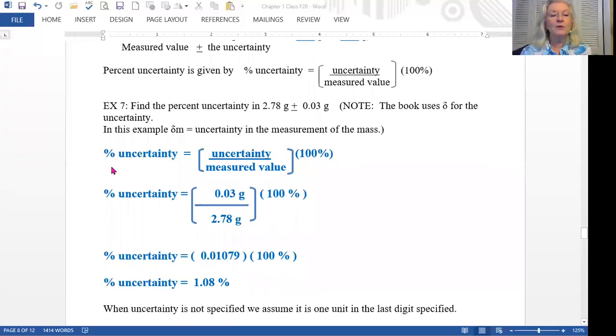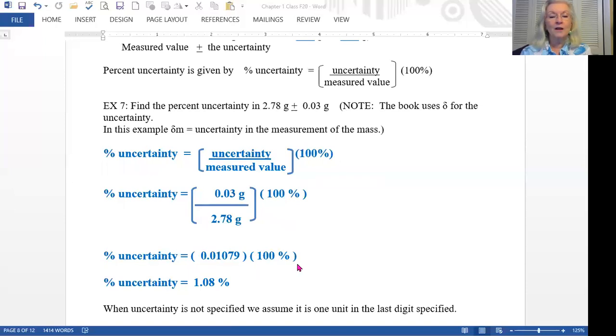We want to find the percent uncertainty in 2.78 grams plus or minus 0.03 grams. First of all, we always write down our formula. Every calculation you start for me, you'll start by writing down the formula, and then we plug into it. So uncertainty was 0.03 grams, measured value is 2.78 grams. The grams cancel. 0.03 divided by 2.78 gives me